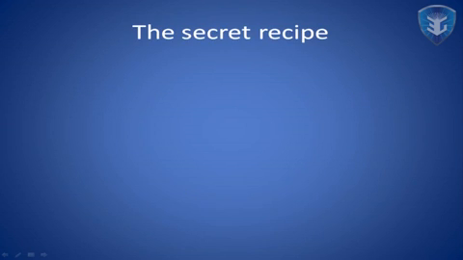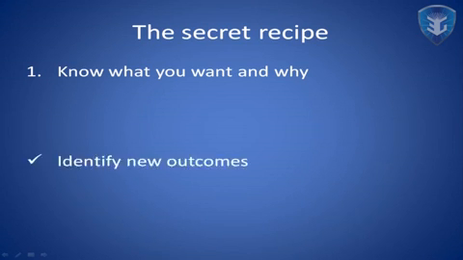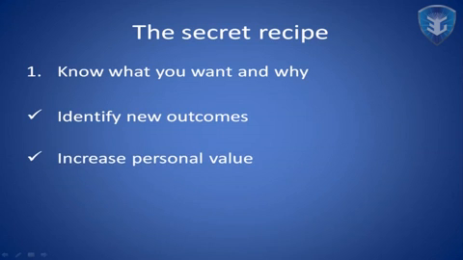And the recipe for improving any skill, whether it be a supervisor skill or otherwise, is included in these following steps. So step number 1, know what you want and why you want it. The basis of this step is to start with the finish in mind. In other words, what should the new outcome look like? Knowing why you want this new outcome brings in the element of personal motivation. If you can see personal value from taking the necessary steps to get the new outcome, you are much more likely to take the steps. So again, identify the new outcomes, and through that you increase your personal value and increase your personal motivation.